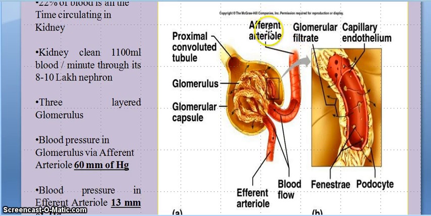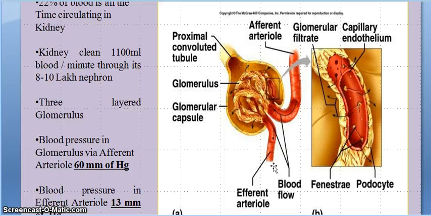As the blood moves from the afferent arteriole through the glomerular capillary and then toward the efferent arteriole, the protein concentration increases in the efferent arteriole. The main reason is that the filtration of the blood occurs here. Mostly the fluid portion of the blood is filtered into the Bowman capsule, and when this blood enters the efferent arteriole, its protein concentration increases about 20 times.